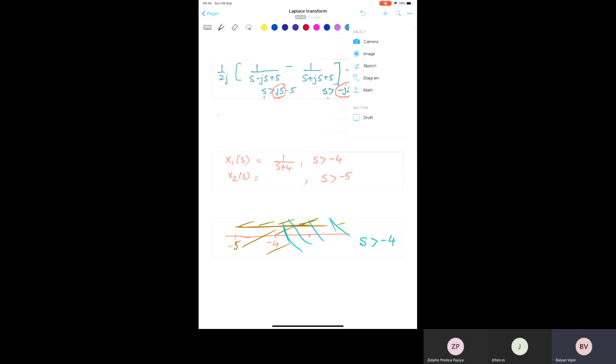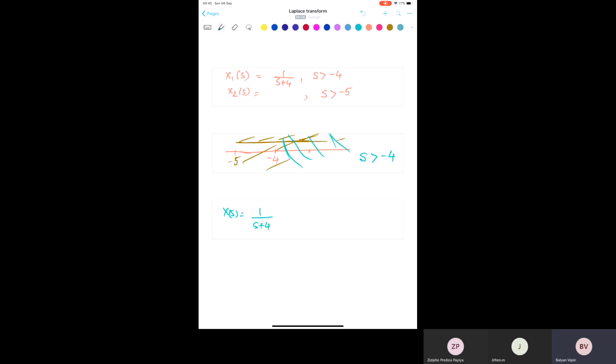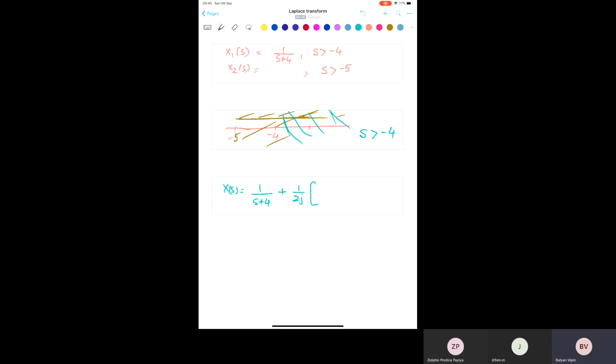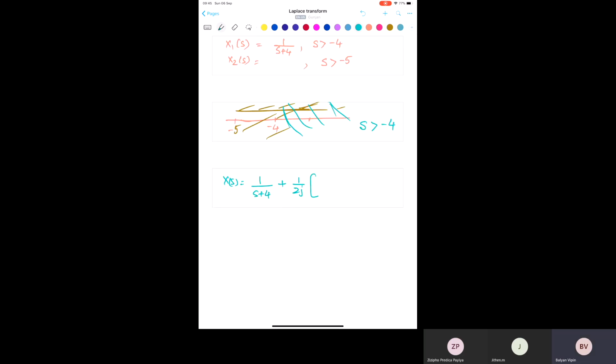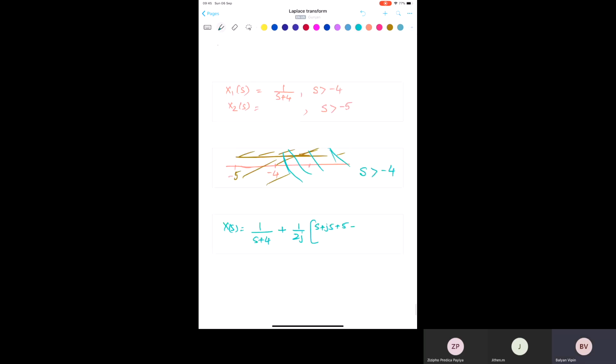So your final answer will be x of s equals 1 upon s plus 4 plus 1 upon 2j. You can solve it here. I'm doing it. So it will be (s plus j5 plus 5) minus (s plus j5 minus 5)